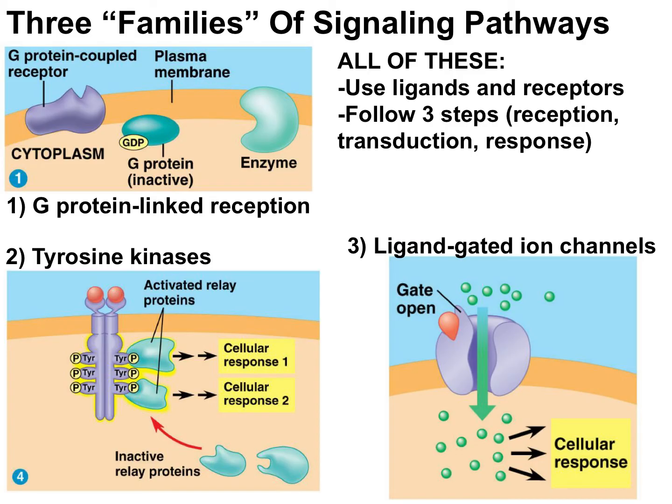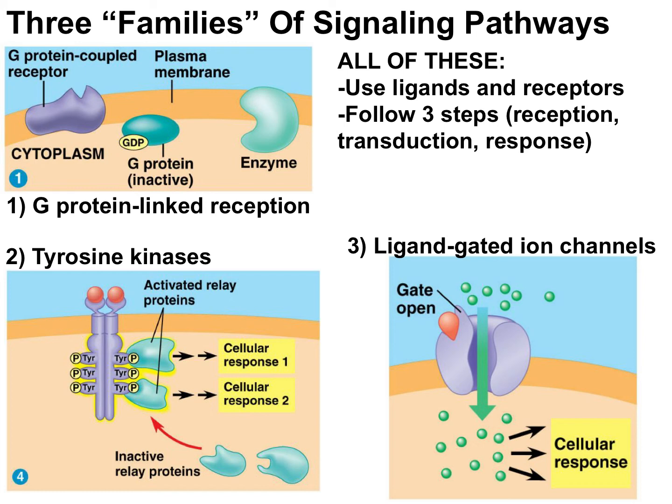Now that you have a general sense of how signal transduction pathways work, I want to get more focused by looking at a signaling pathway family. Three pathways that we'll look at are G-protein linked receptor pathways, receptor tyrosine kinase pathways, and ligand-gated ion channel signaling. Now, don't freak out. All of these pathways still use those same basic steps, reception, transduction, and response, as well as the same basic parts: a signaling cell, a ligand, a target cell, a receptor on the target cell, and relay molecules. So for the rest of this video, we're just going to zoom in and take a look at